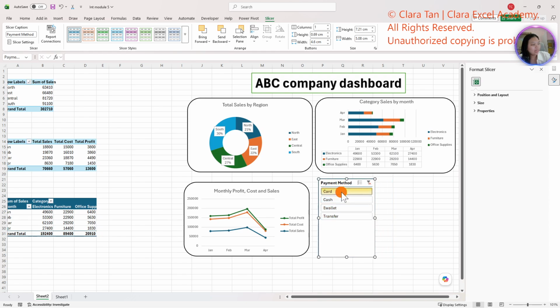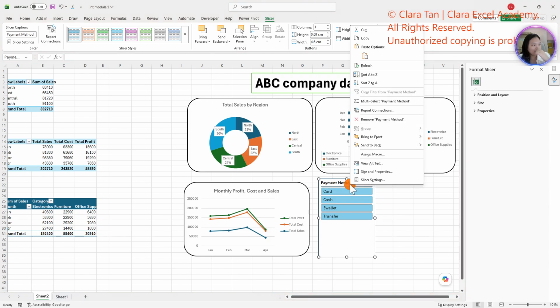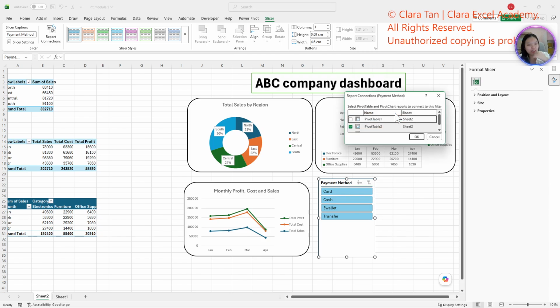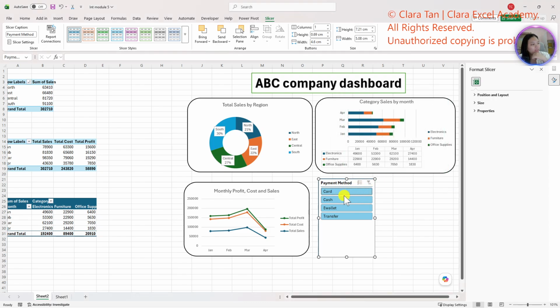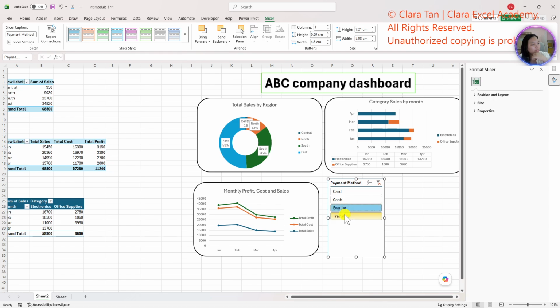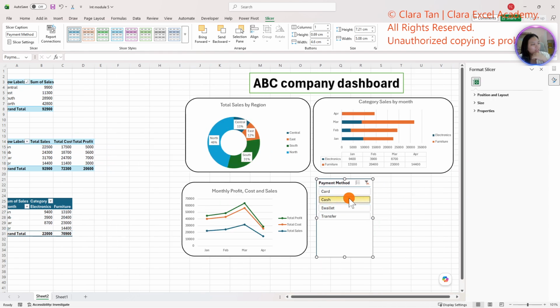And when I select any of these, can you see the chart is moving? The chart is moving, but only one chart is moving, right? How can we make all of them move? I can just right click and go to Slicer, Report Connections, and here I tick all pivot tables. Then I go OK. So now, let's say I click one wallet, then you can see all the